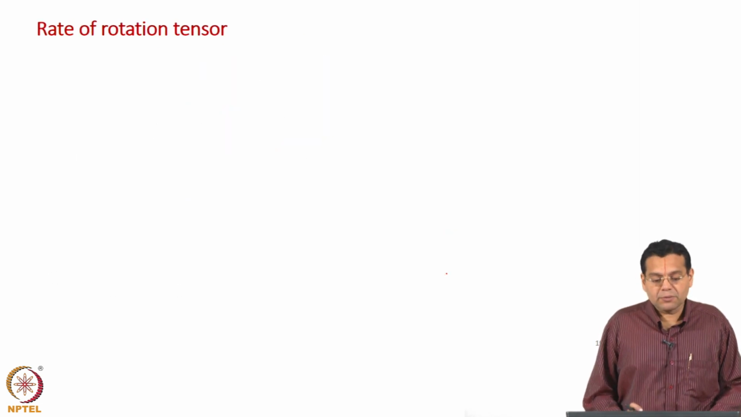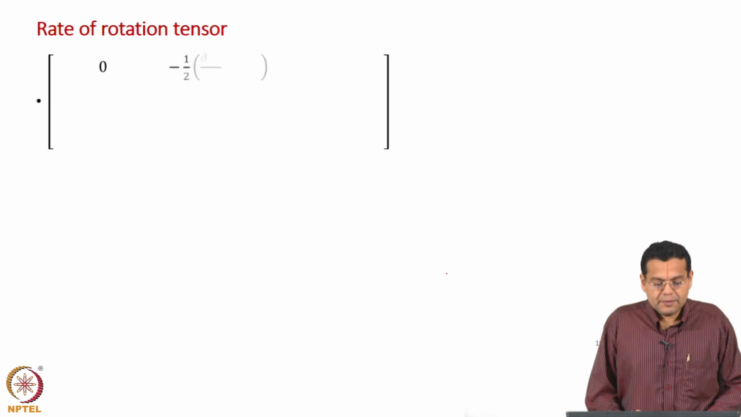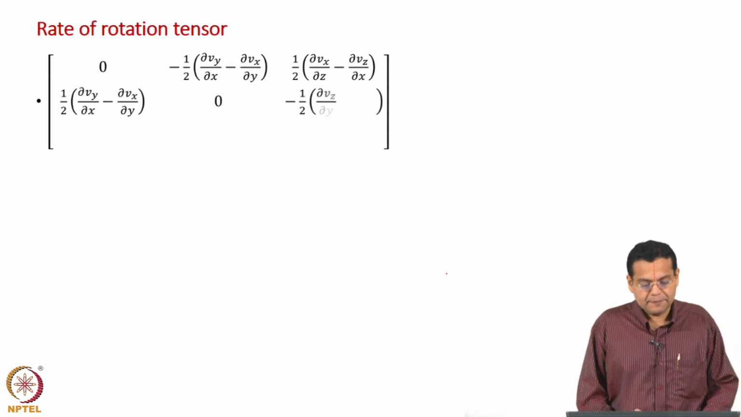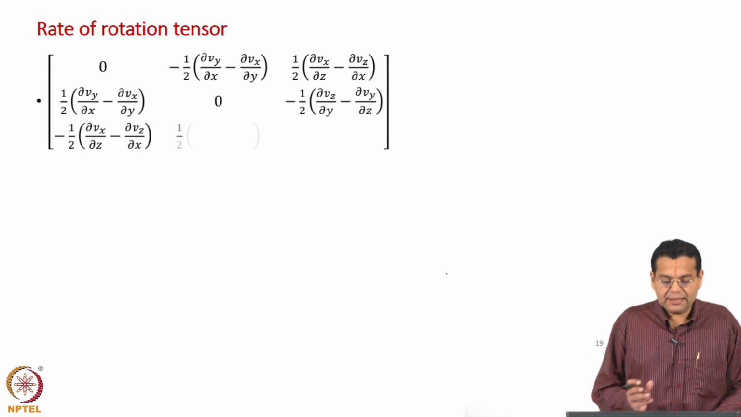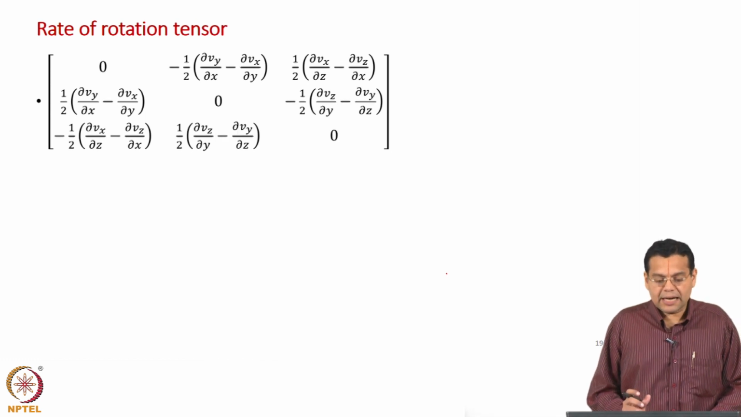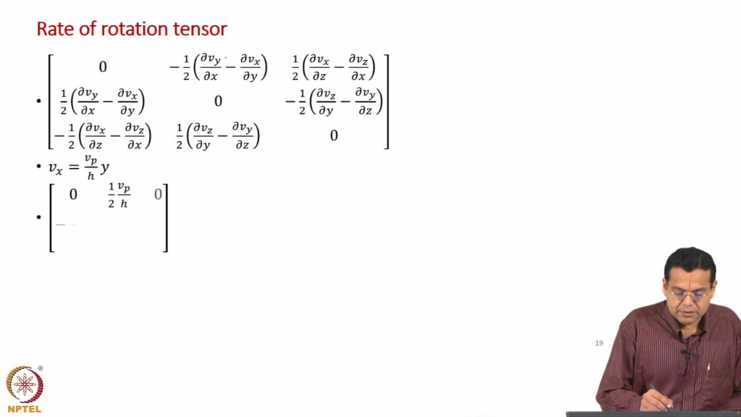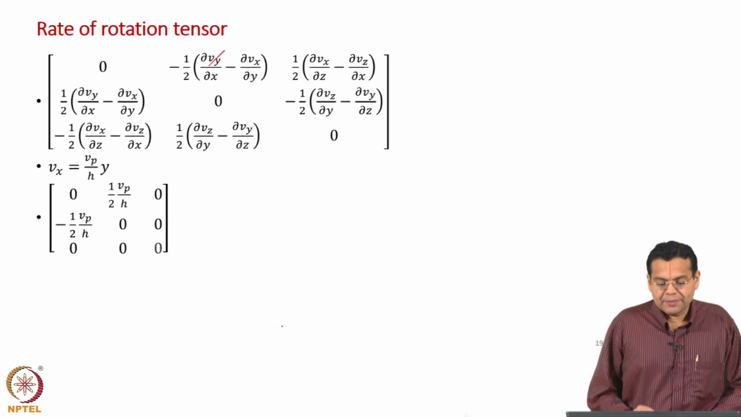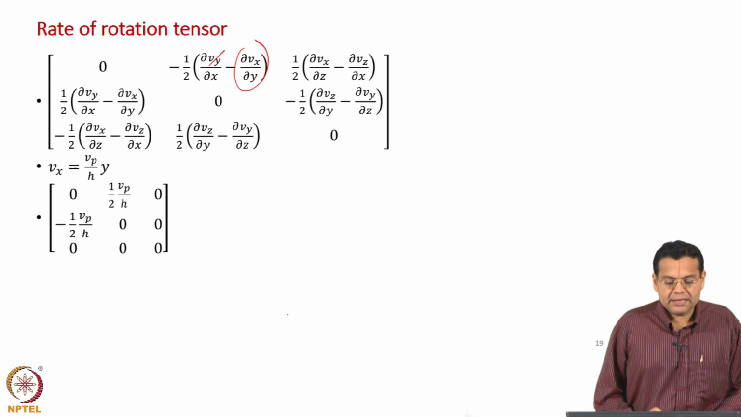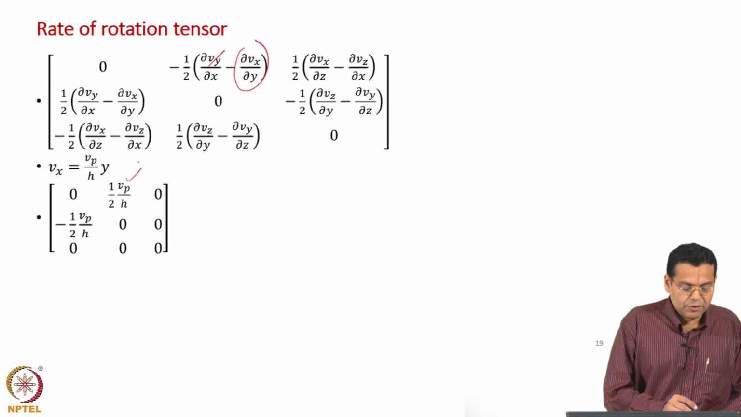Okay. Now, we also discussed the rate of rotation tensor, and these are its components. Of course, the diagonal elements are zero because it is an antisymmetric tensor, and we can evaluate the other components using the velocity profile. This term is 0 because V y is 0, and minus and minus becomes plus. So, what we have is half V p by h, and we know